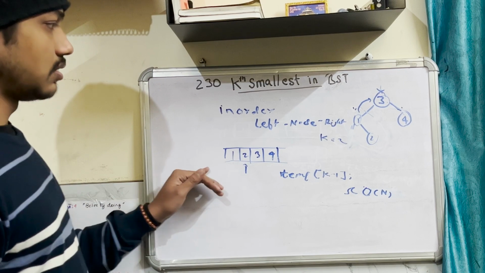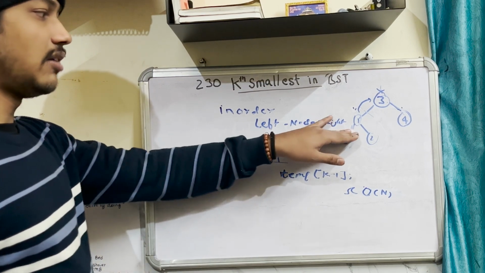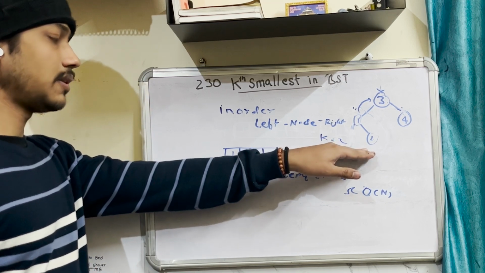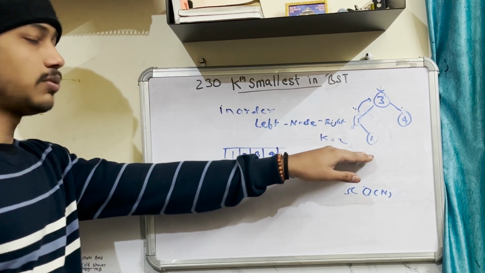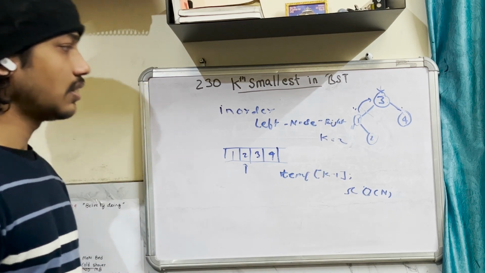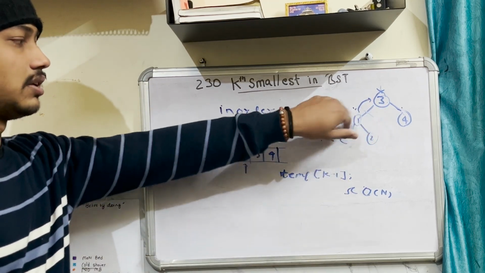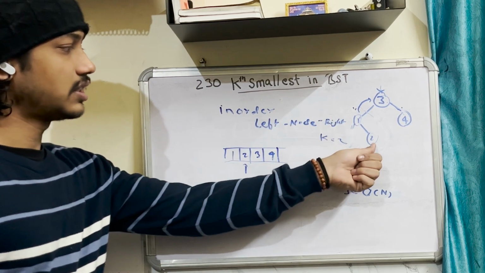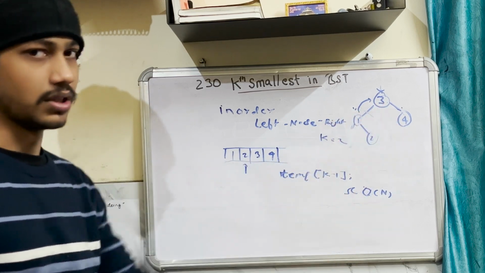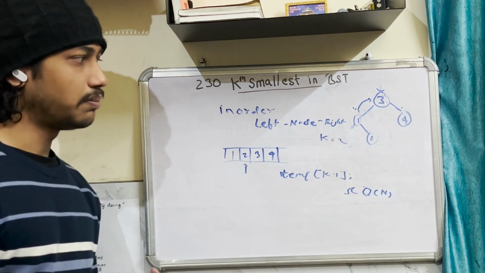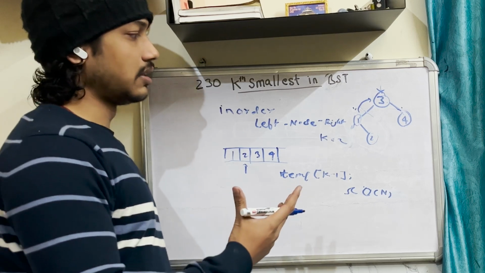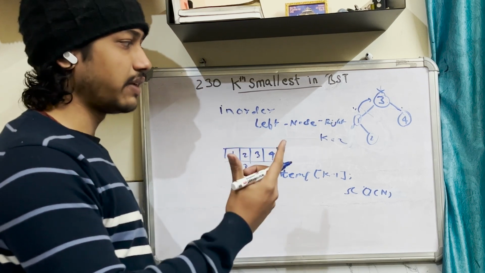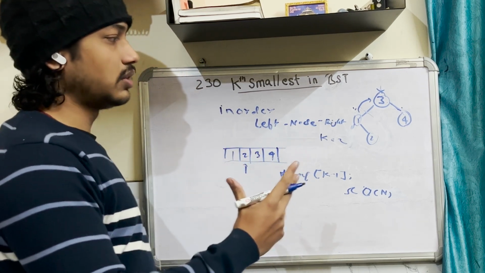We know that at the left and deepest node, your value will be the first value, or the smallest value. If we came here at the left subtree, this will be your smallest value, this can be your second smallest, then third and fourth smallest. If we can somehow track that it is the first value, it is the second value, it is the kth value. So simply what we can do,